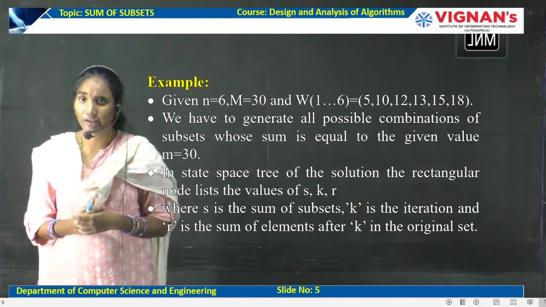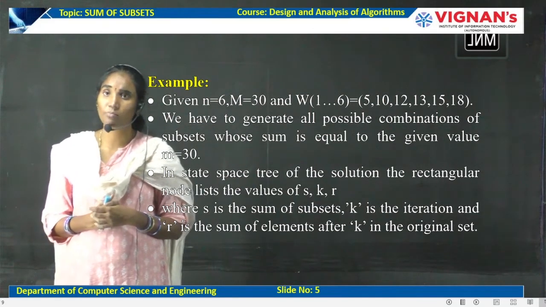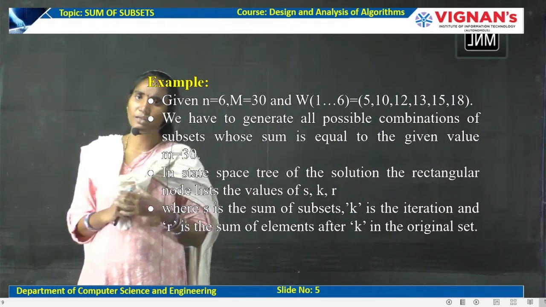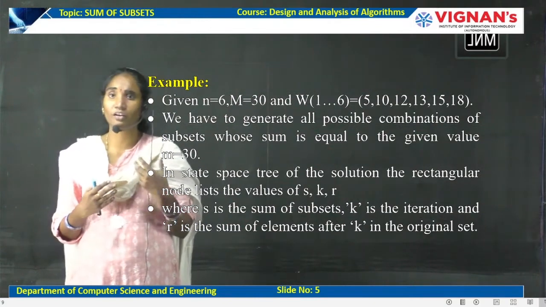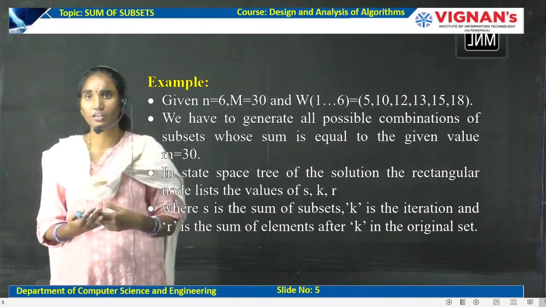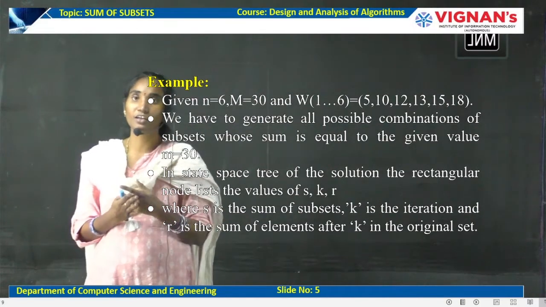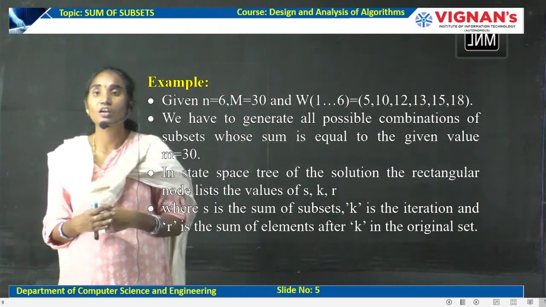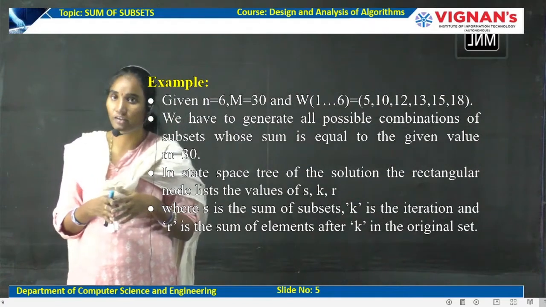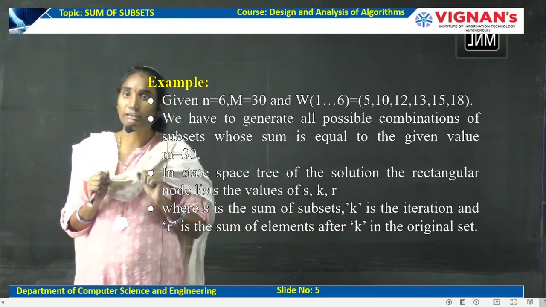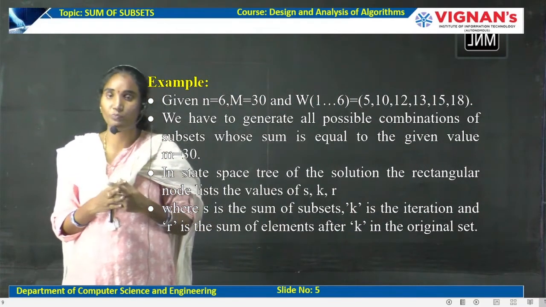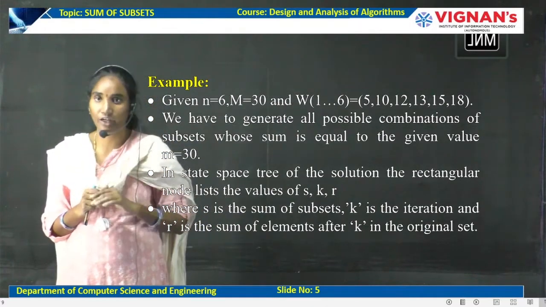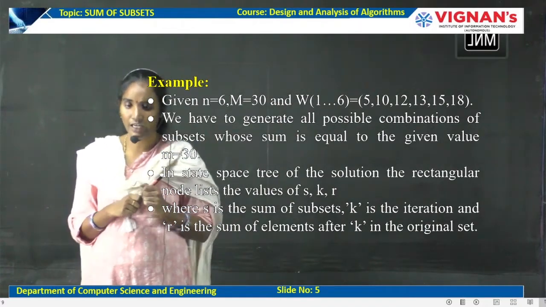Now we need to generate subsets such that the sum of the values in the subsets must be equal to 30. By seeing the question itself we will have the answer, whether you are writing the solution for a problem using dynamic programming, branch and bound, or backtracking. But the methodology is important here. So how to obtain that in low time, that is the main motto, right? Now the sum is given to you and also the weights are given to you. So what is the solution? Directly we have the solutions.